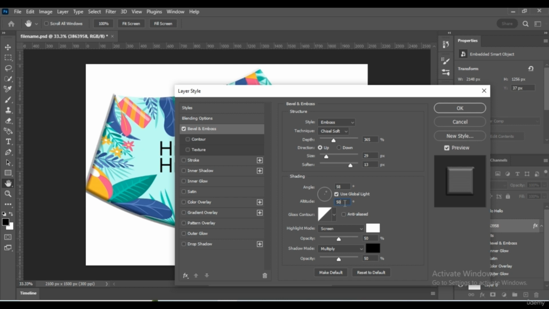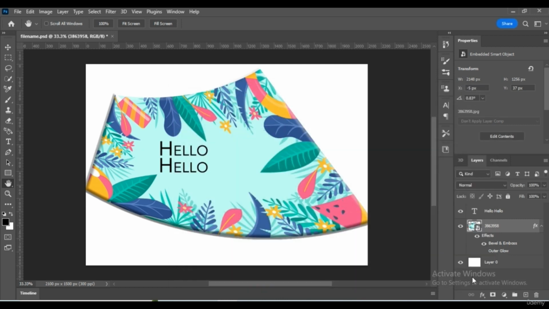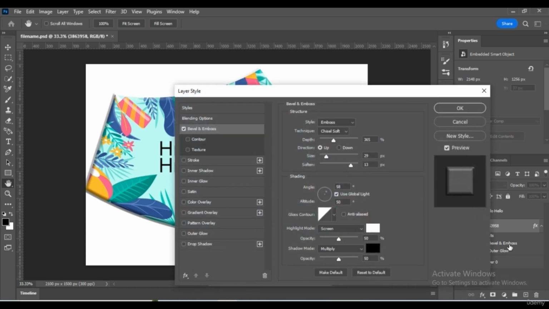Let's see, when we increase 5 to 50, we double click this one again, the effect underneath the layer, then maybe decrease it to 30, then the light becomes softer. When we decrease the value, as the height increases in degree, the more precise the shadow will be.